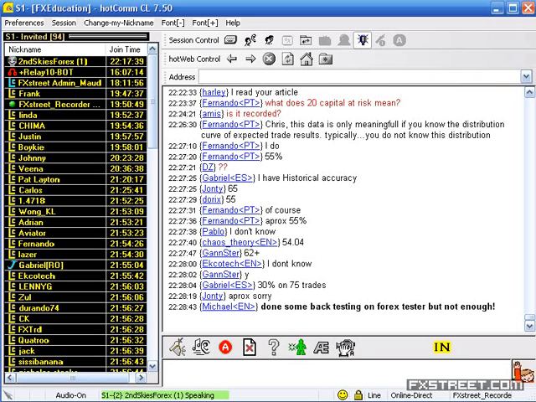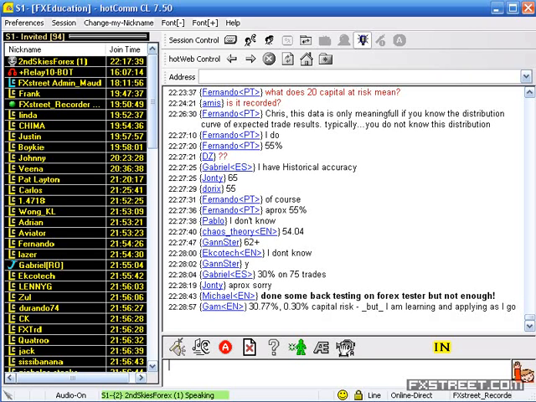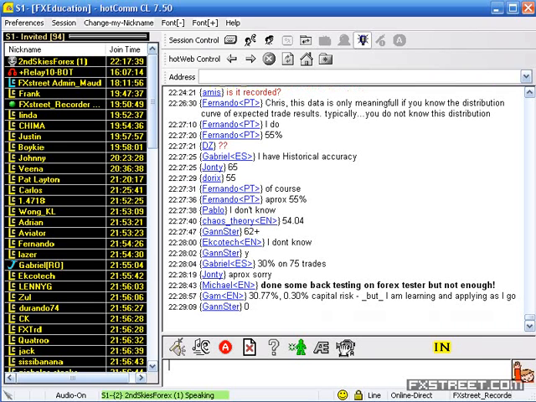If you're 2-to-1 or higher, you have less than a 1% chance. Where do you want to be in this entire list of things? You want to be less than 1%, and ideally 0%. You want to be in a position to where you can say, I have a 0% chance of mathematically blowing up my account based on the data I have on my system, knowing I have a pretty large data set on my system, I know the historical accuracy of it, I have a pretty good distribution and know where all things lie out, and based on all that information, I can say I have a 0% chance that I will